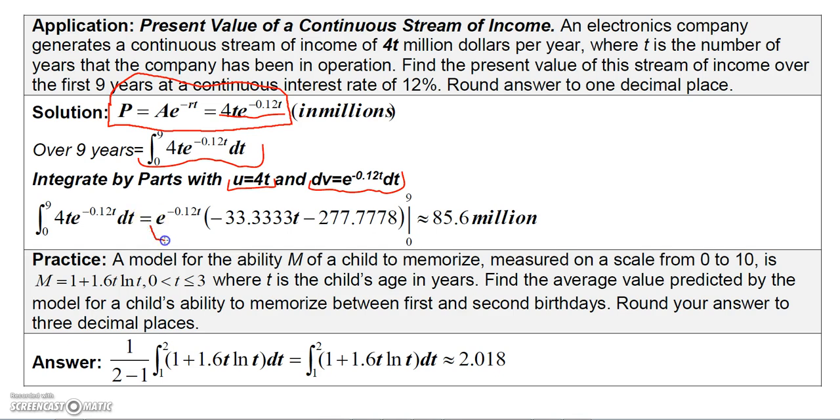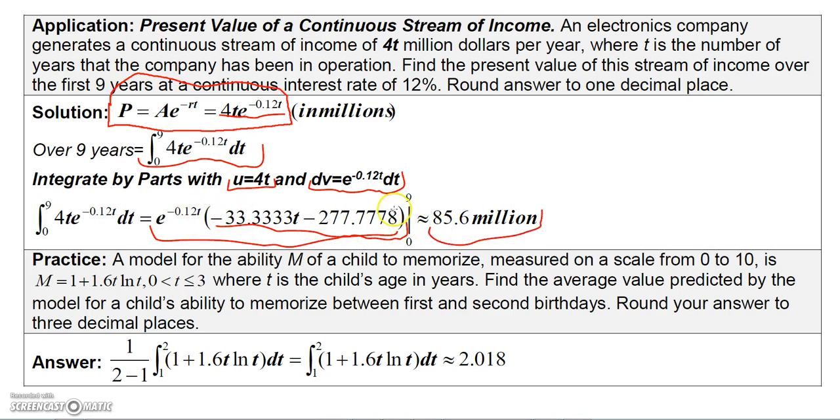I know you might want me to show you the work, but I've already shown you how to integrate by parts. So integrate that by parts and then evaluate it from t equals 0 to t equals 9. And then it will give you that formula. So basically this is the formula I got, and then when I evaluated that from 0 to 9, I got